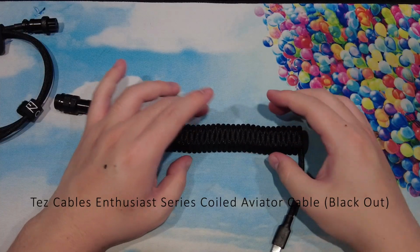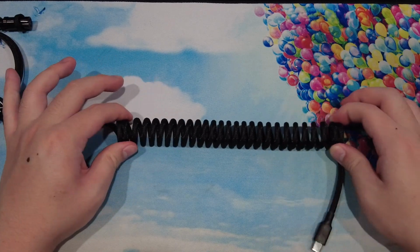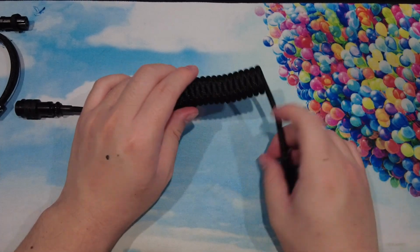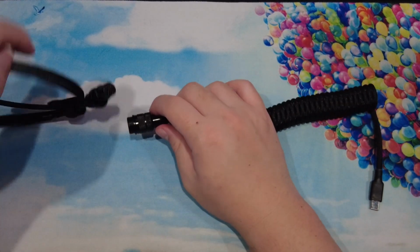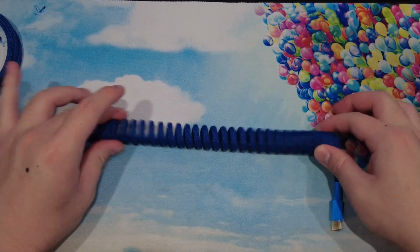The Tez cable is pretty nice, but the coil is definitely looser and isn't as straight compared to the one from Zuzu Cables. You might say that this is simply due to the fact that I've been using the Tez cable one for longer, and while this might be true to some extent, the cables were already kinda like this when I got them. While the cables from Zuzu Cables are much nicer in quality, one thing to keep in